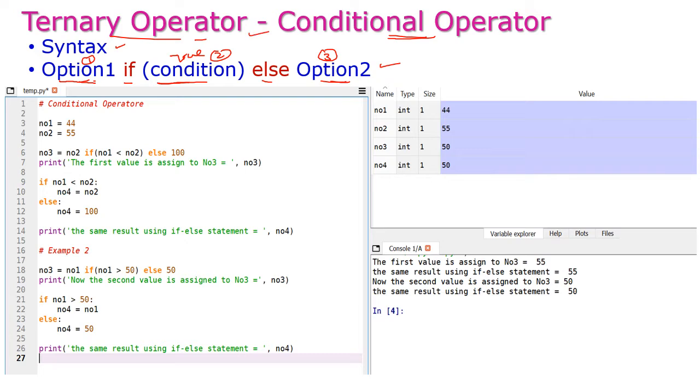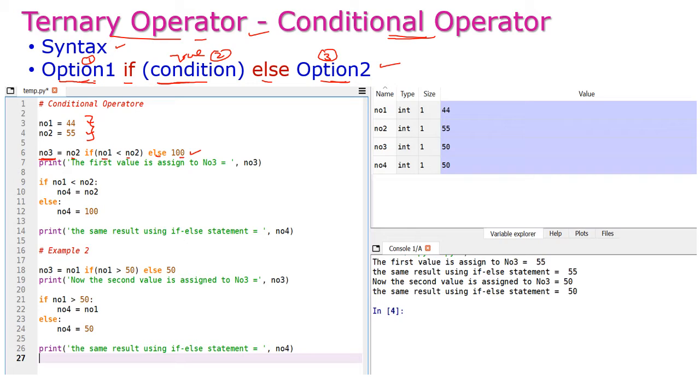Let us see one example for this ternary operator. Here I am having two numbers. Number 1 is 44 and number 2 is 55. And I will create another number 3. Number 3 is equal to number 2 if number 1 is less than number 2, else we can assign 100.